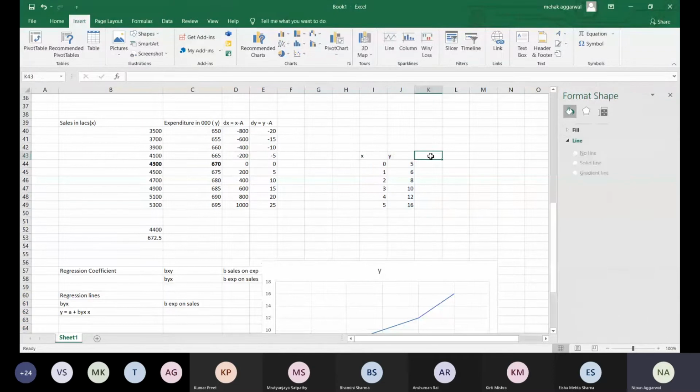So let's take another example, y2, the same graph. Here it is suppose 5 only, and then there will be a drastic change. So it will be like 2, 8, 15, 25, and then 35. Now we have to plot this as a scatter diagram.